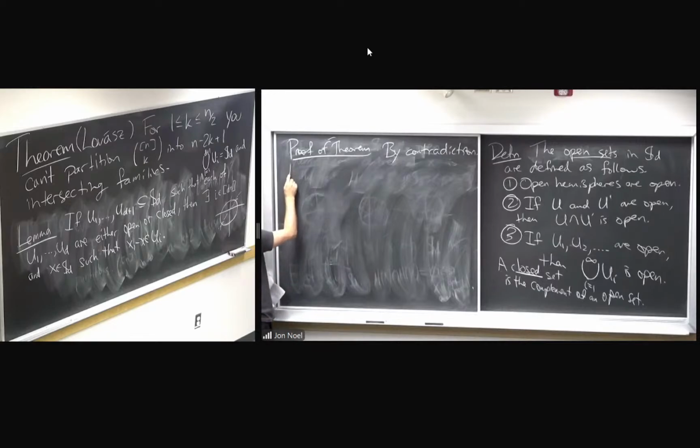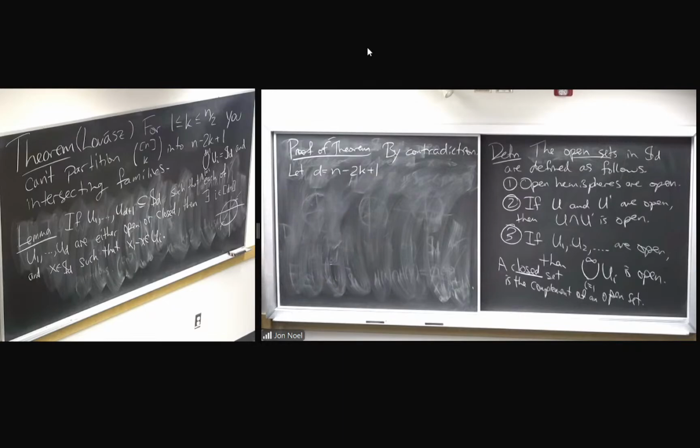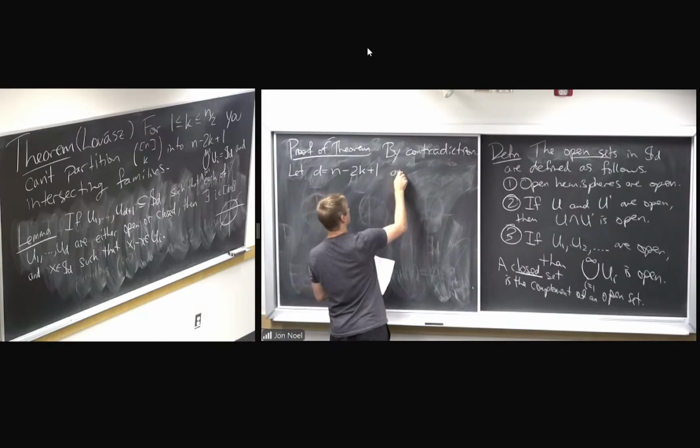So I'm going to let D be this number n minus 2k plus 1. So we're assuming there's no partition with this many elements, right? And so going by contradiction, I'm going to let D be this and suppose